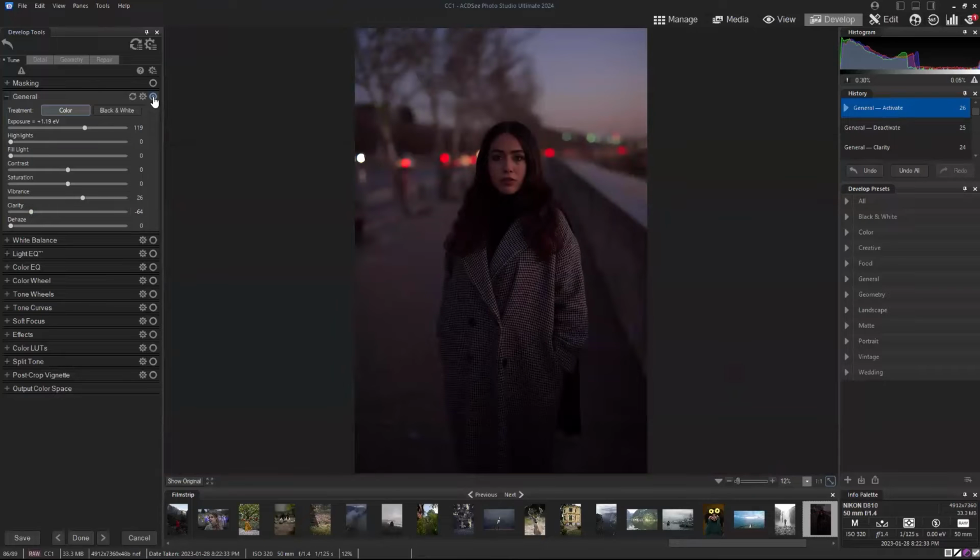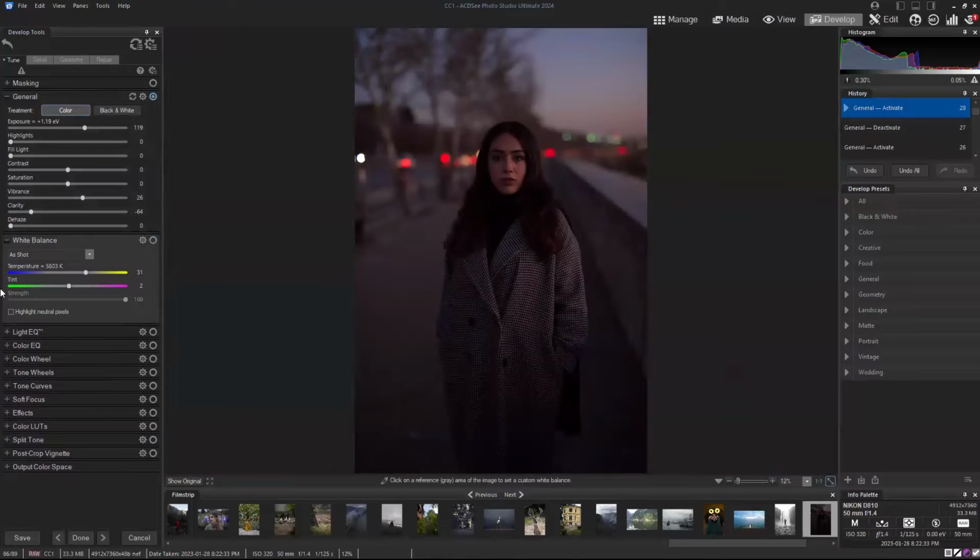Okay, so what about white balance? This white balance would be sort of the last, it could also be the first step that you do when you're doing base correction, which remember is the first step of color grading. But as we've already done our light adjustments only using general, now we're going to move to white balance. So in white balance, probably the easiest way to establish the correct